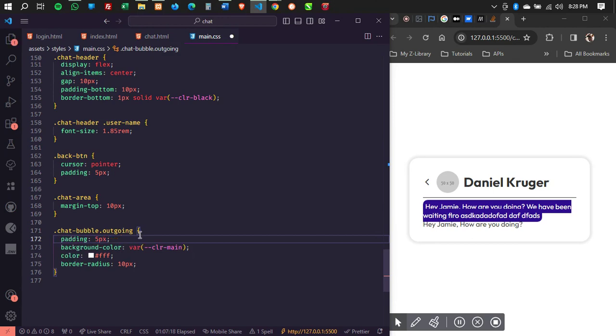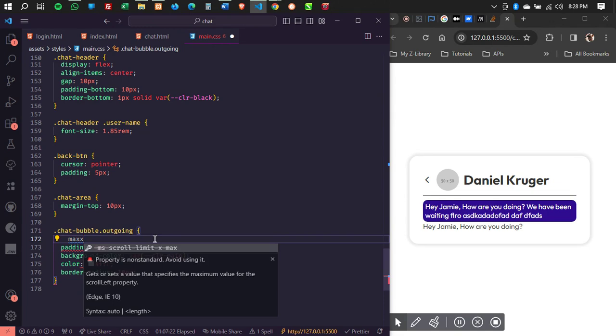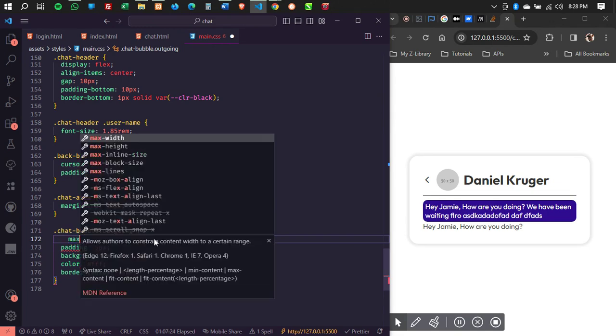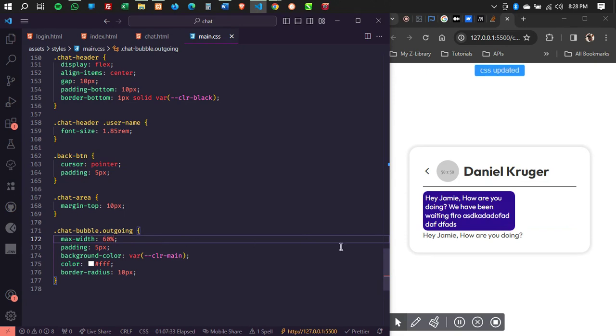Not a display of inline. Sorry, I'm supposed to give it a max width. Max width of, let's say, 60%. So that